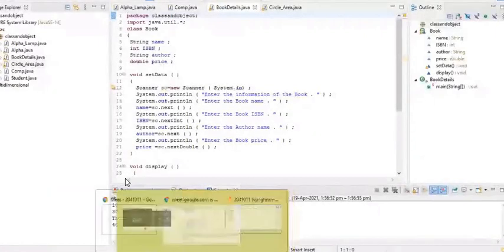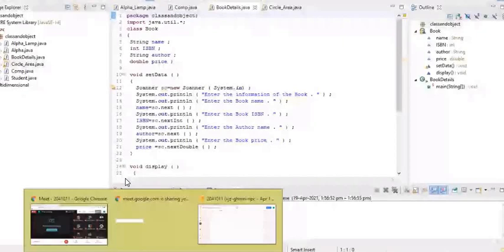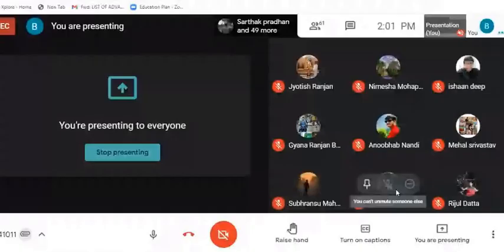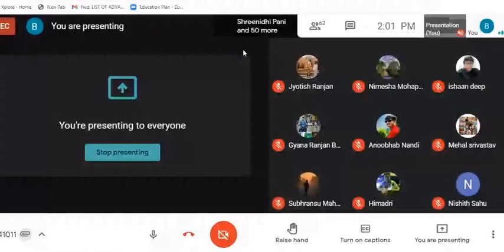In the last class, we discussed the approach to write multiple classes in a single file. We will discuss those things first, and then we will move forward. So first of all, who can tell me the general template to write a single class in a single file? Raise your hand.